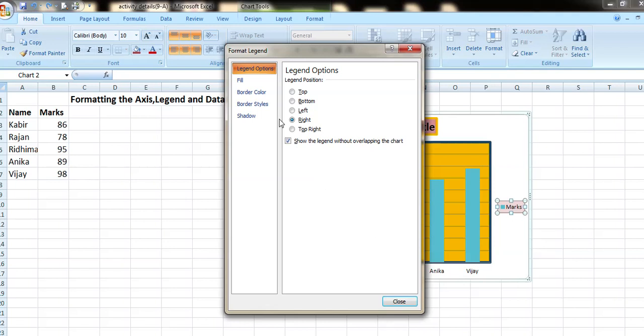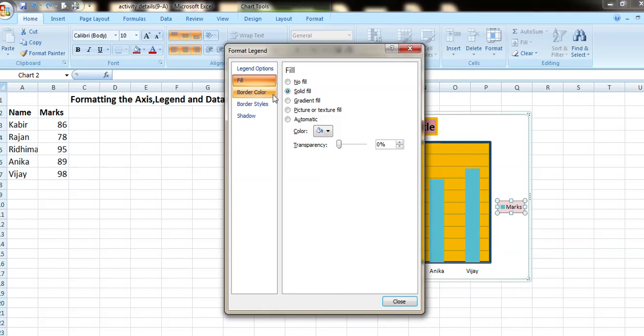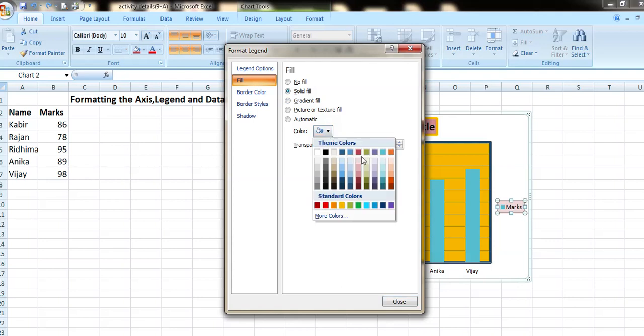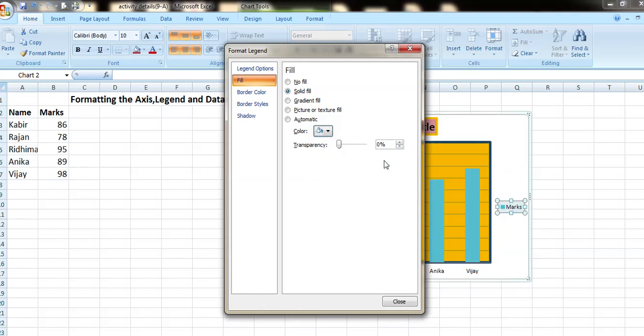The Format Legend task pane appears on the right side. Select the Fill and Line tab and then select the border option. Suppose I have used a solid color and I am changing the inner background of this legend from pink to blue.